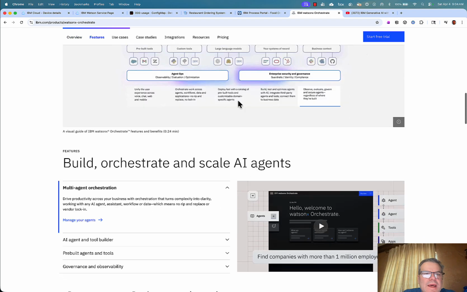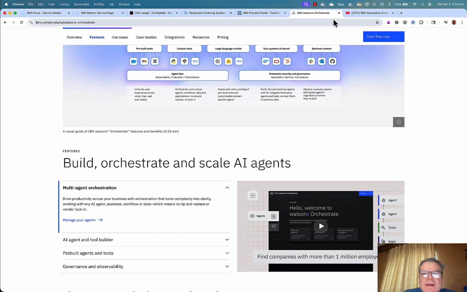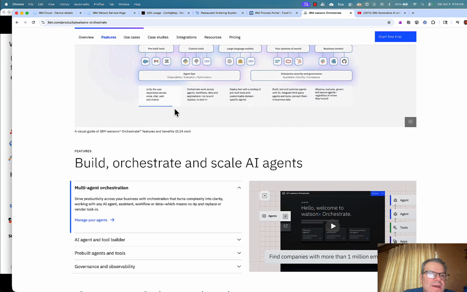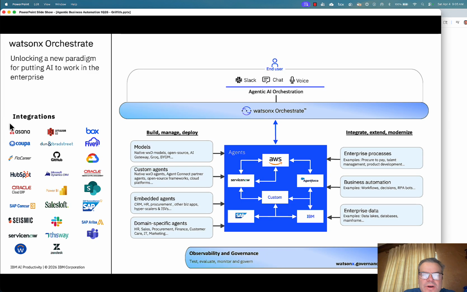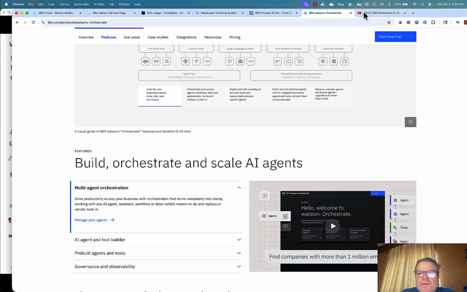Now, one thing that is often asked of me is what's the difference of that versus Business Automation Workflow. So think of Orchestrate as your personal agent, and it interacts with these back-end systems. You interact with it, and then it calls these back-end systems. So it's orchestrating an individual's work, the workflow of an individual. Whereas if we go to